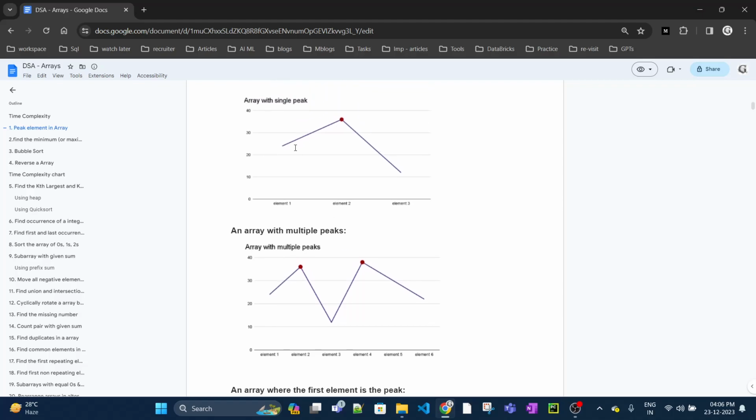So what we will do is we will take the zeroth index as low and the highest index of the last element as high, and we will find a midpoint. So low plus high divided by 2. For example, mid comes here. Now we'll compare the mid value with mid minus 1. If a of mid is greater than a of mid minus 1, it means that we might have a